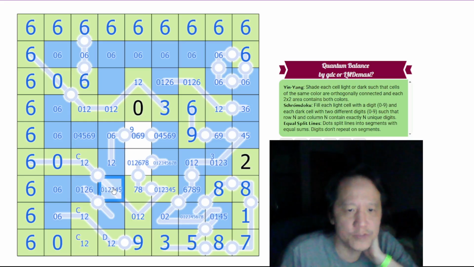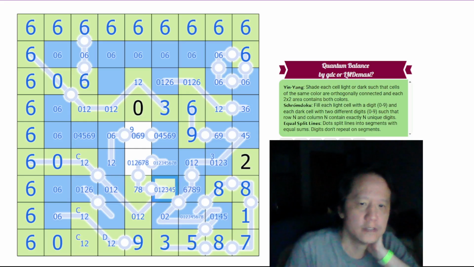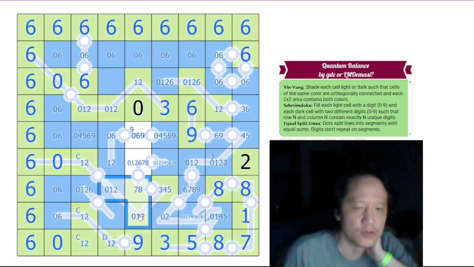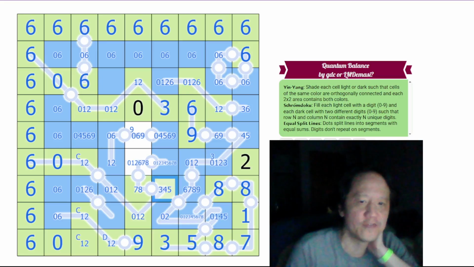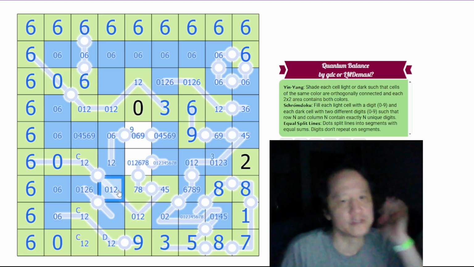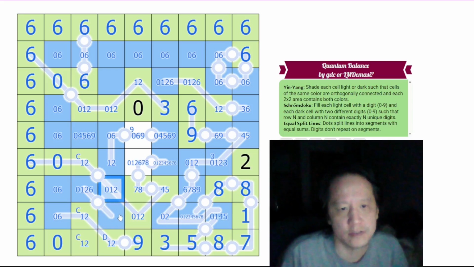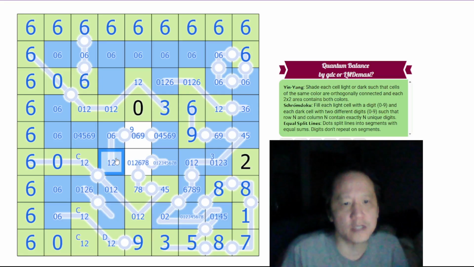It could, so that means this can't be 3, 4, or 5. This has to be then a combination of 0, 1, and 2. Okay, so then this has to be 0, 1, and 2, and it's then adding with 5 or with 4 to add up to 7 or 8. We are guaranteed this is 0, 1, 2 because there are no repeats again along a segment. So it could be 7 or 8 here